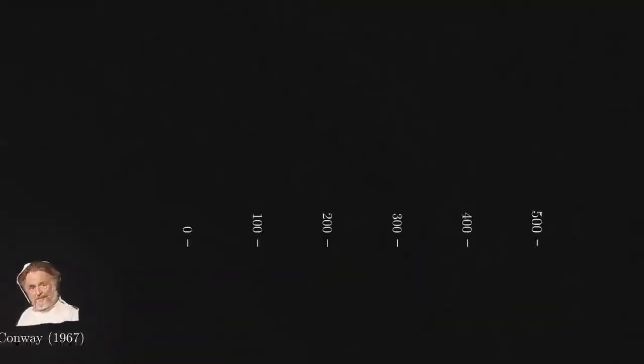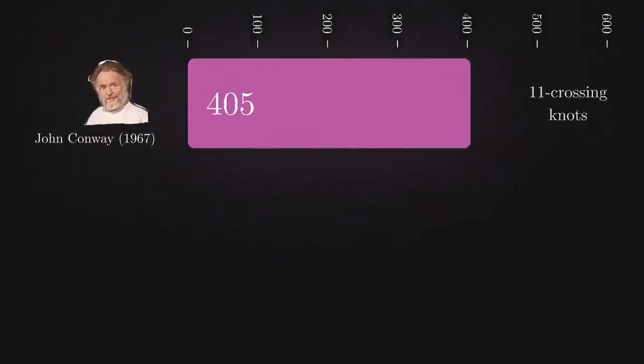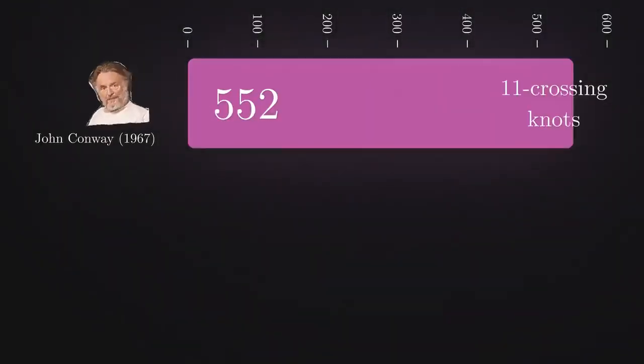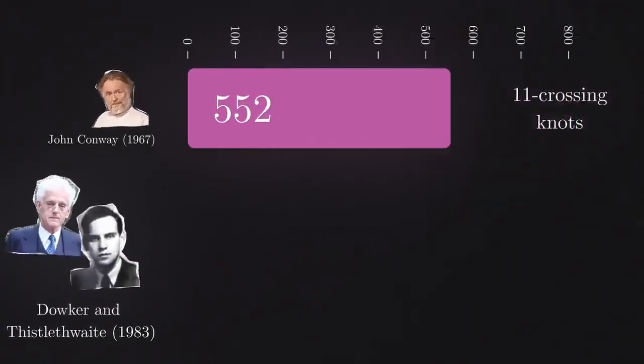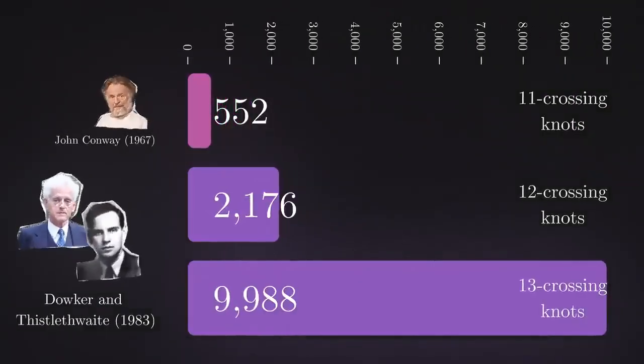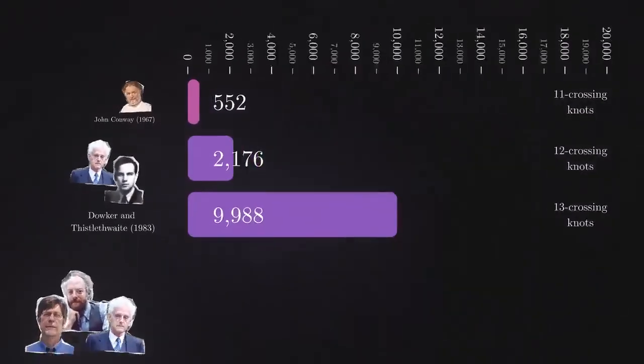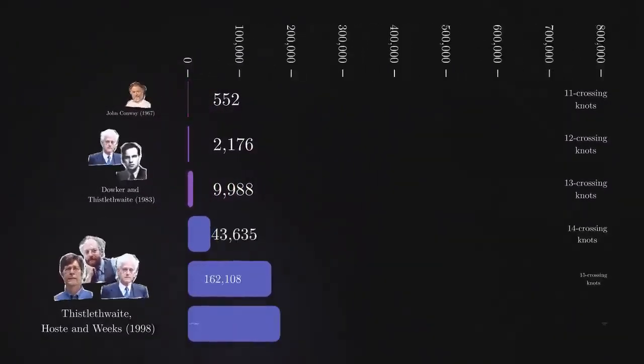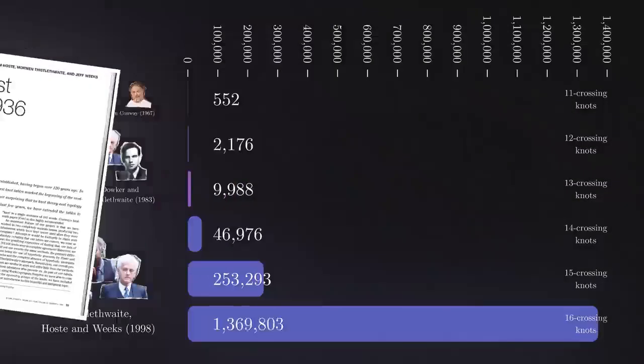No one dared tackle the 11 crossings until John Conway. He found all 552 and claimed he did it in a single afternoon. This was the last tabulation by hand. In the 80s, Dowker and Thistlethwaite built a computer algorithm to count all 12 and 13 crossing knots. Thistlethwaite later joined forces with Hoste and Weeks to tabulate all 14, 15, and 16 crossing knots in a paper titled